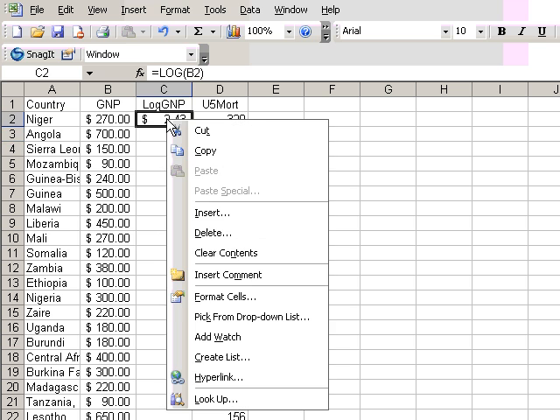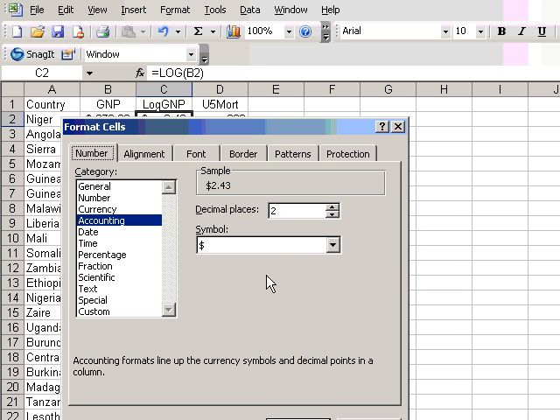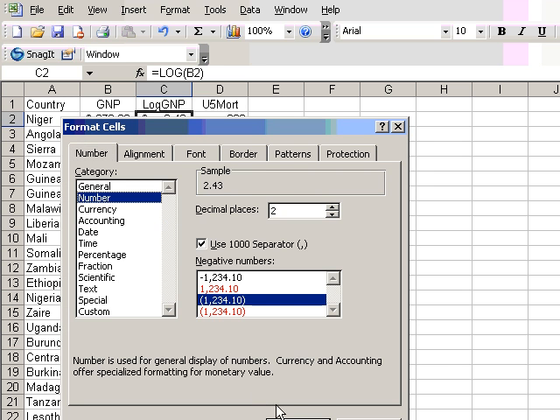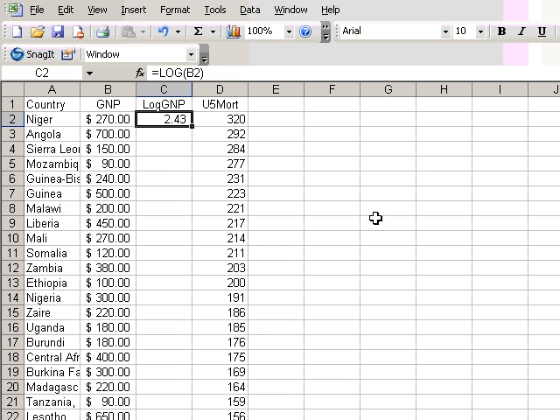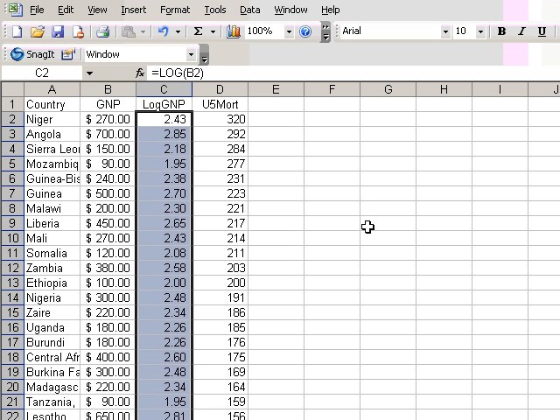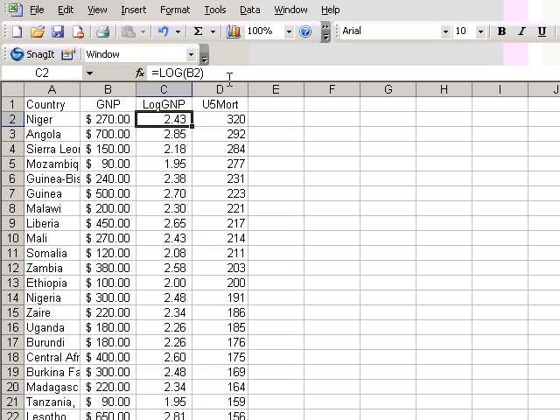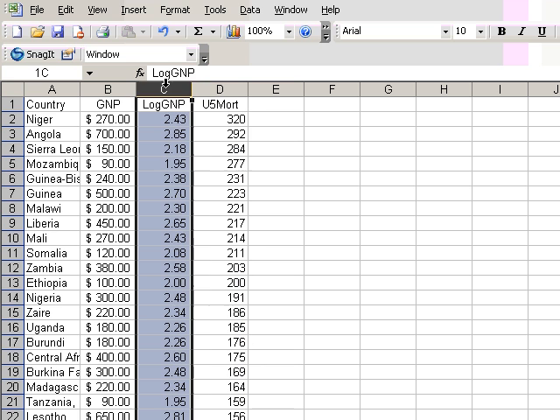Now I get 243. The log is not dollars, so I'll format that as a number. And now I have the log of $270 per capita. I'll click this all the way down,